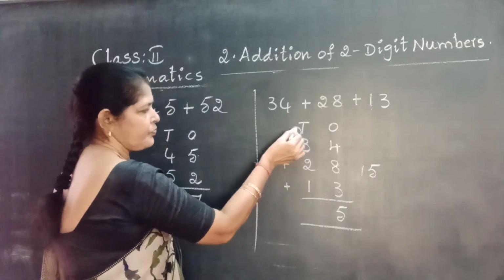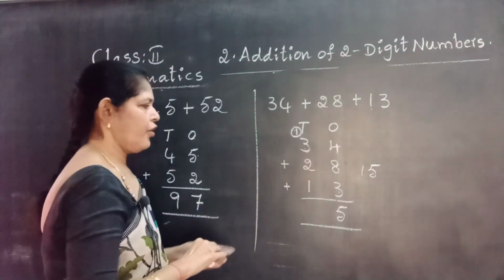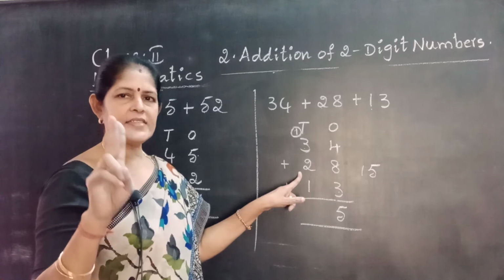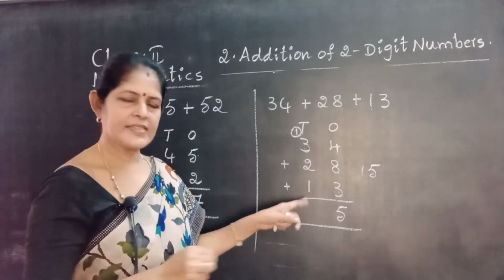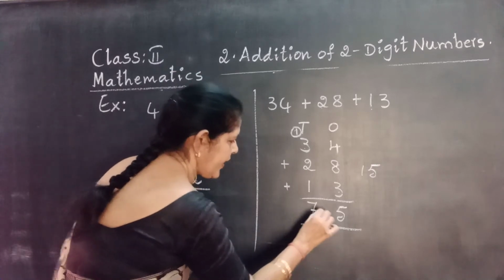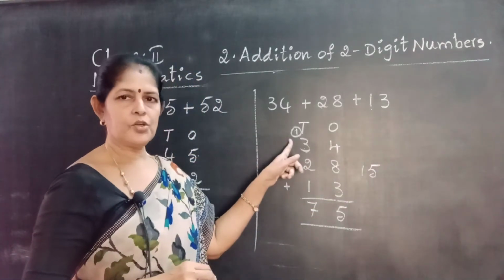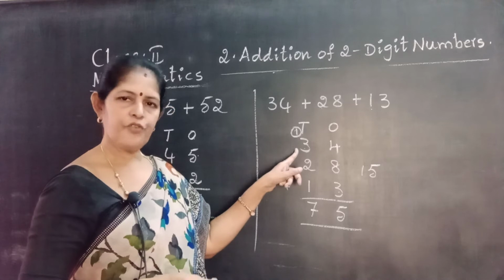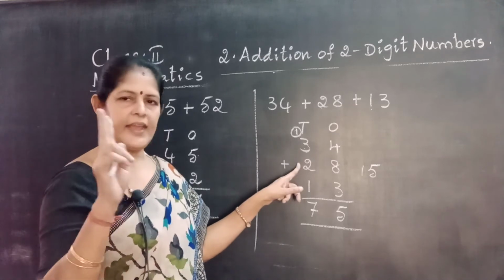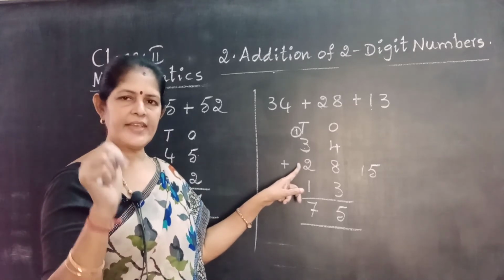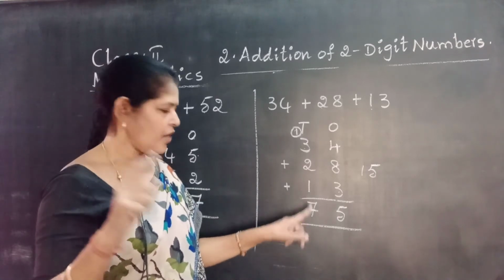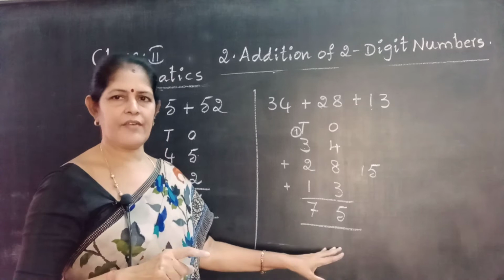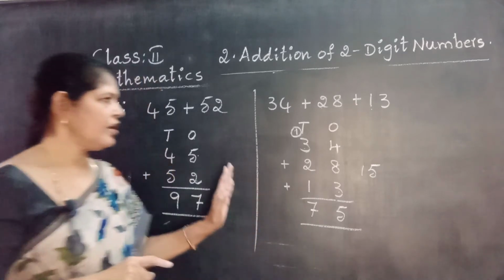Now adding 1 plus 3, 4. Take 2 fingers, 4 after: 5, 6. 6 plus 1, 7. Don't forget the carried number to add. 3 plus 1, 4. 4 in the mind. Take 2 fingers, 4 after: 5, 6. 6 in the mind. 1 finger, 6 after: 7. Total is 75. Are you understood?